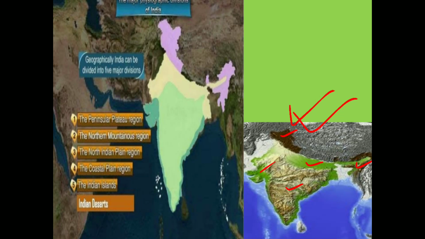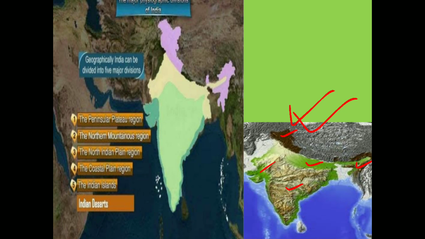Some of the Indian zones are colored green, some brown, some white like snow. So all these colors indicate different physical zones or physical areas of India.